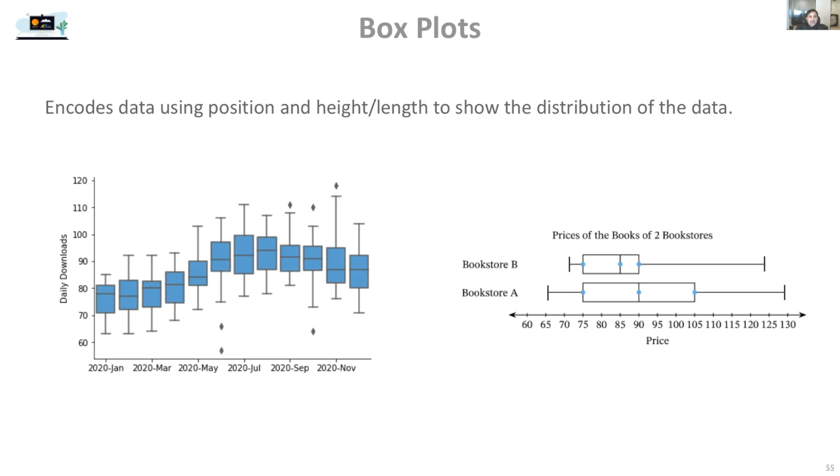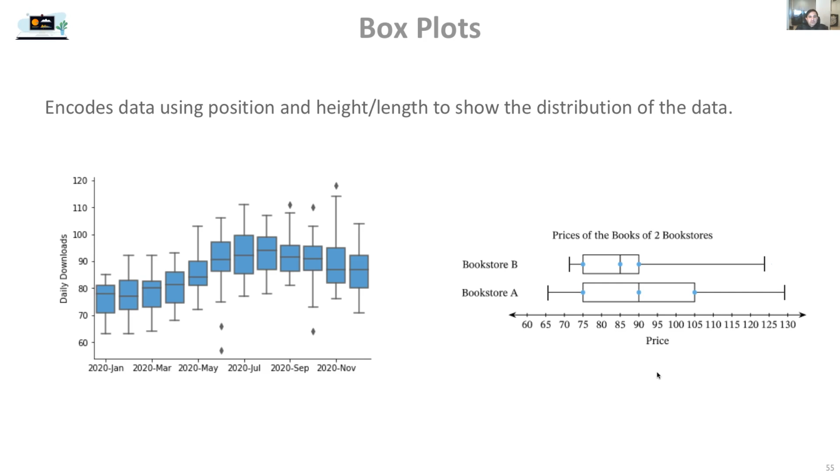Here are 2 more examples. This one compares the number of daily downloads of an app from January 2020 all the way to December 2020. We can observe an increasing trend followed by a slightly decreasing trend by looking at these boxes, which represent the middle 50% of the daily downloads in each month. The dots represent some outliers, and in some months we do not have any outliers. And this box plot